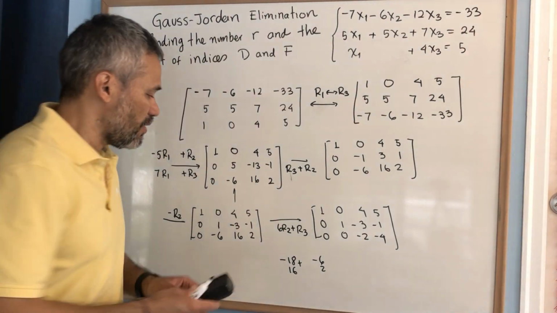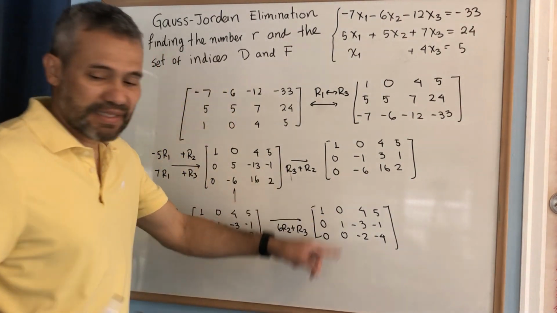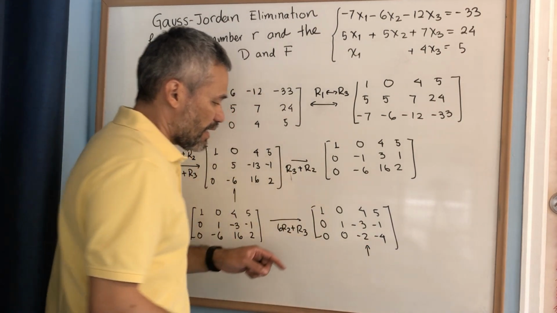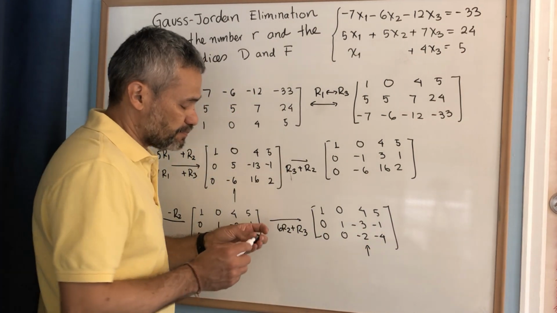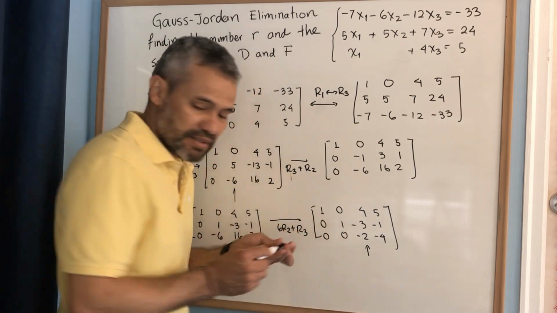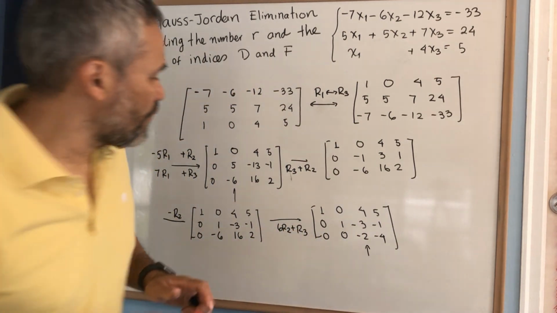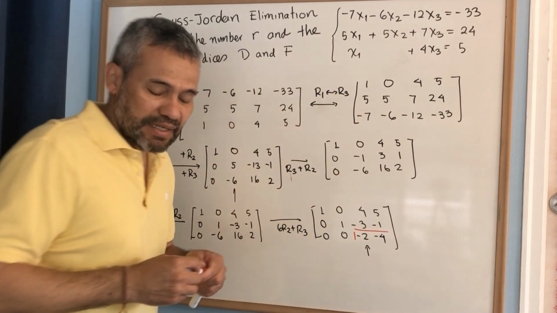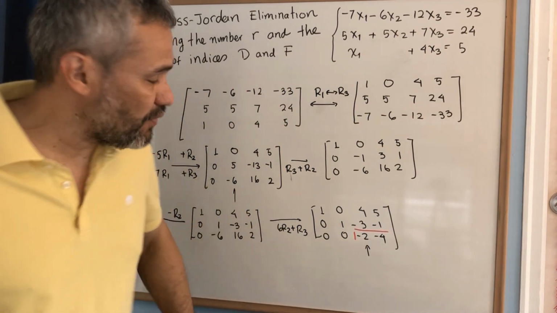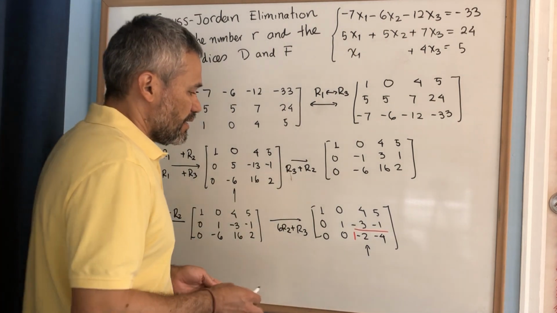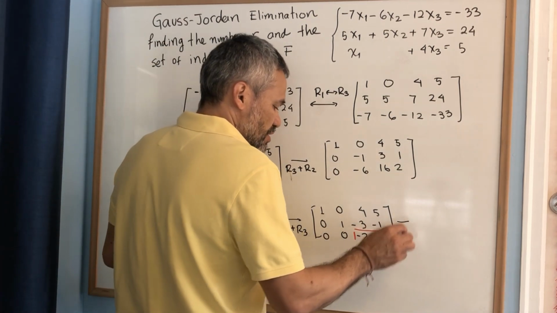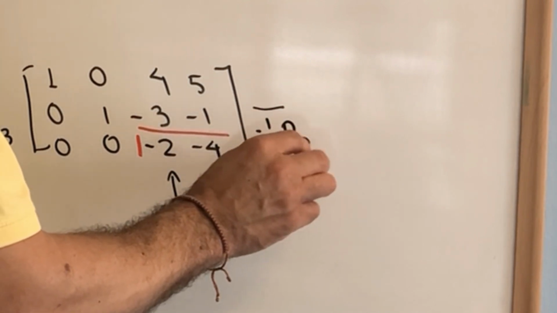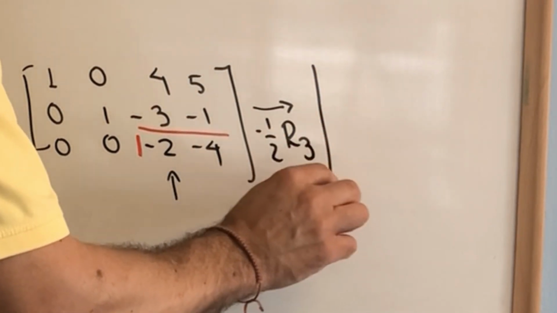Then, now, the second column is taken care of. Now I move to the third column, and I have to look in this part of the matrix to see if I can find a pivot here in this part. And actually, this one here will work as a pivot. And then I will do the change. I will multiply row 3 by negative 1/2, and then I will get the matrix